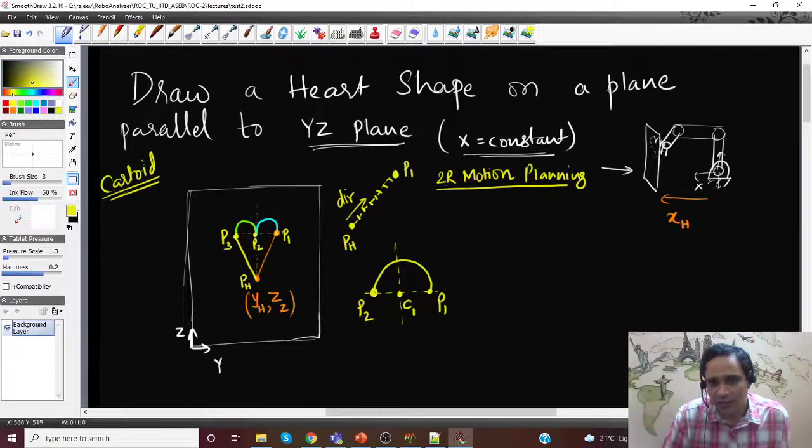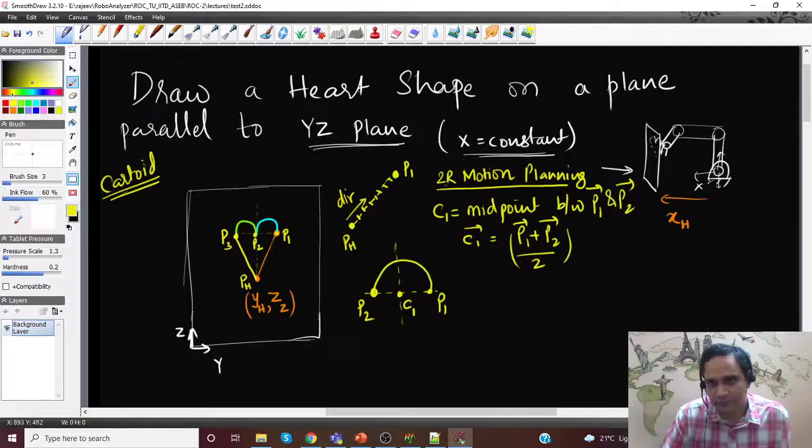How do I get this C1 point? C1 is basically the midpoint between P1 and P2. So the C1 vector can be obtained by just doing P1 plus P2 divided by 2. Then we'll get the coordinates of this point C1. It's the midpoint formula that we all know.